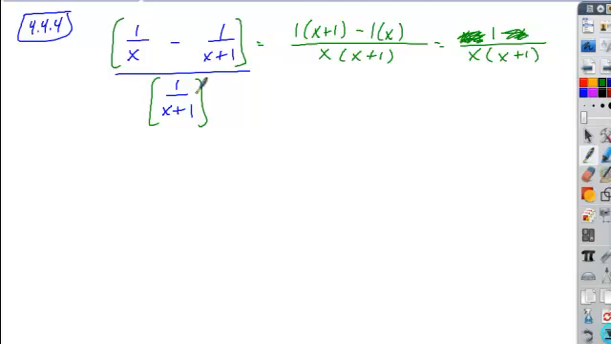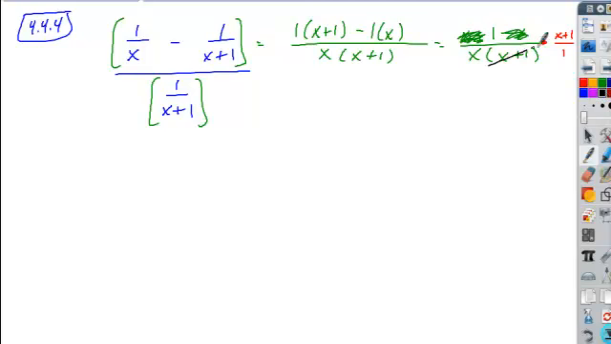I do the same thing with my denominator. However, my denominator is already written as a single fraction, so I don't even need to do anything else with that. I can go straight to the step where I invert and multiply. So instead of taking this fraction divided by this fraction, I'm going to multiply it by the reciprocal. So this 1 gets moved to the denominator, the x plus 1 gets moved to the numerator,